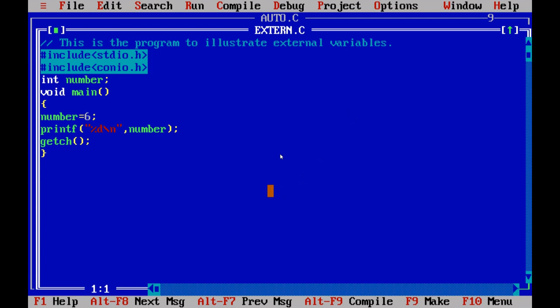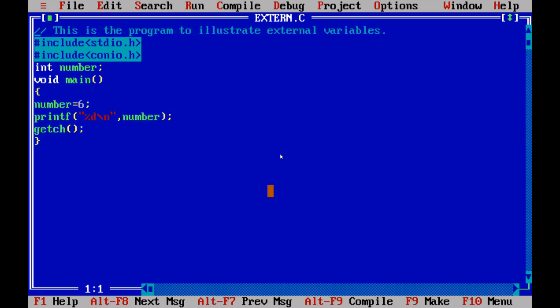Extern. Just see here, this is an example for the key type extern. I can declare the variable even within the main function too.